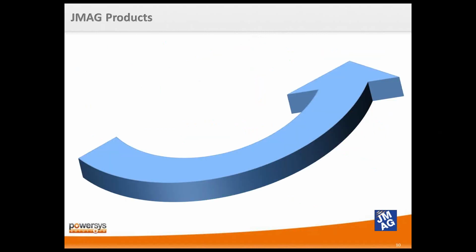So if we take a look at the JMAG product line, if we start at the base, we'll have JMAG Express. JMAG Express is a template-based analysis tool wherein you have a selection of common rotating electric machine templates that all you have to do is select the dimensions. So numerically changing the dimensions, applying the materials from the material database, applying the winding conditions, and then running the analysis. The analysis within JMAG Express is what we would consider a very quick or rudimentary analysis of rotating machine performance. Once you are able to identify a range of machines that meet your performance criteria, you can then move into